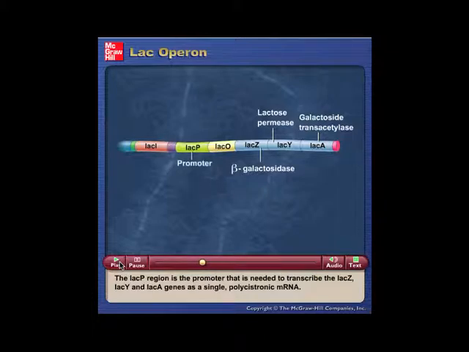The LAC-P region is the promoter that is needed to transcribe the LAC-Z, LAC-Y, and LAC-A genes as a single polycistronic mRNA. The LAC-O region is an operator site that is involved in the transcriptional regulation of the LAC operon. The unit consisting of the LAC promoter, LAC operator, and the LAC-Z, LAC-Y, and LAC-A genes is called the LAC